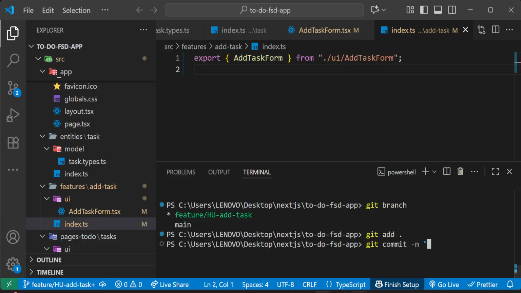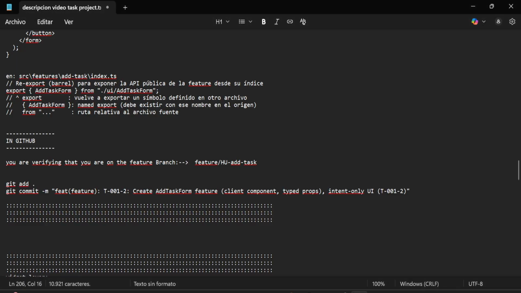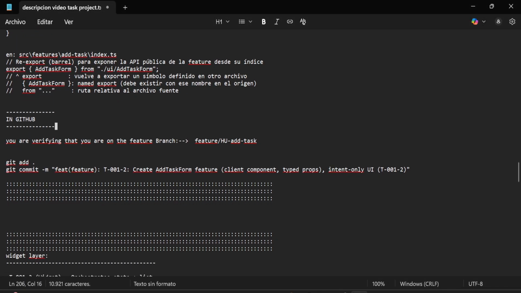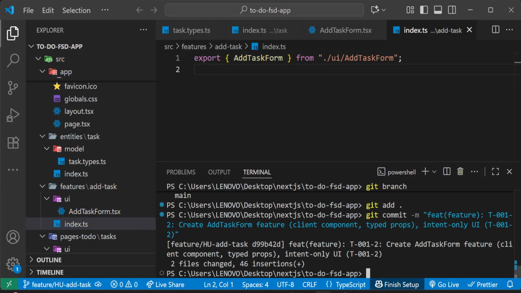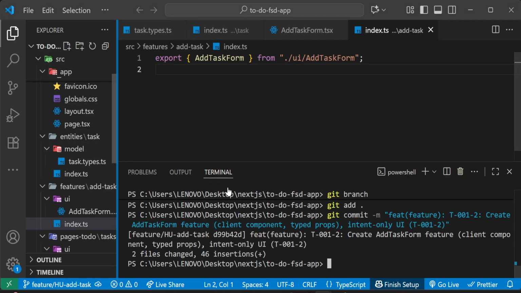But remember to continue with this format. We are going to copy this. Okay, perfect. We have these commits. So remember to identify this task. We named it